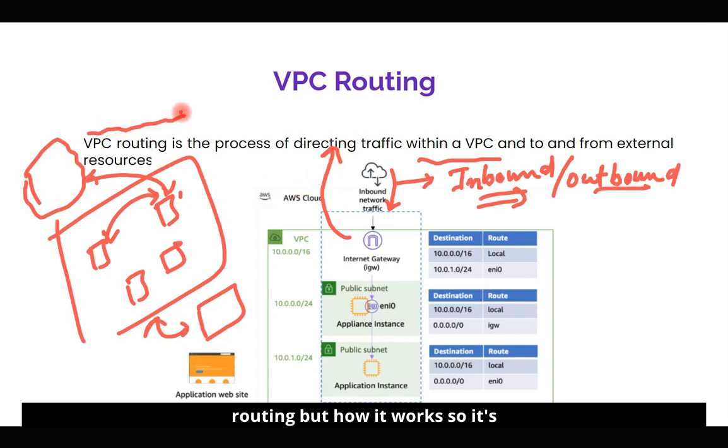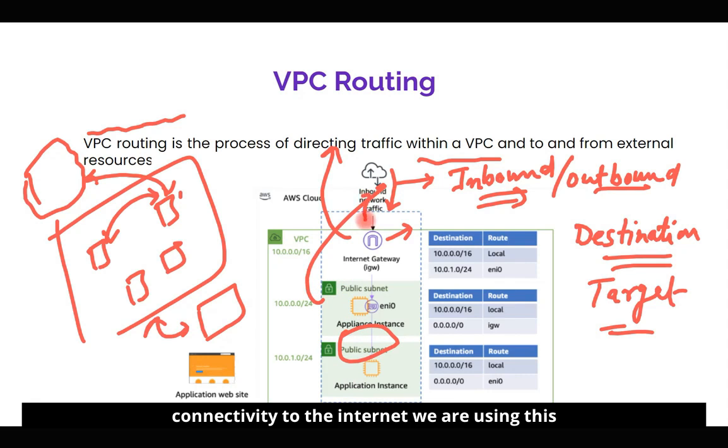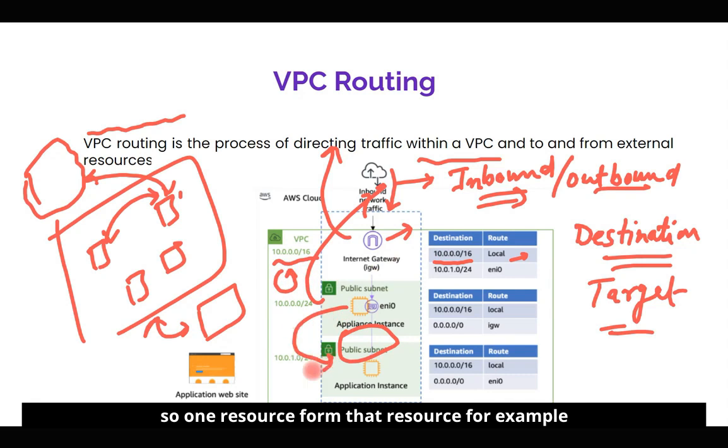But how does it work? It normally works on the basis of your destination, also known as target, and the types of route you are using. Here you can see this internet gateway, right? It is helping the instances available in this public subnet, because from a public subnet we can have connectivity to the internet. We are using this internet gateway, and in the route table you can see the destination. When you are talking about destination and local, if this range belongs to your VPC, that means the route is within the VPC itself. So one resource to another resource, for example, by default has connectivity within this